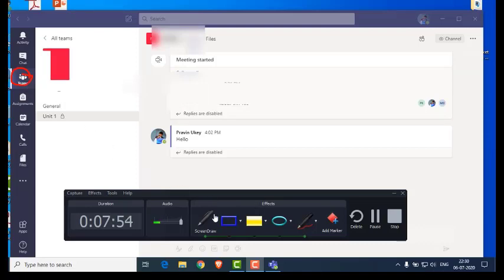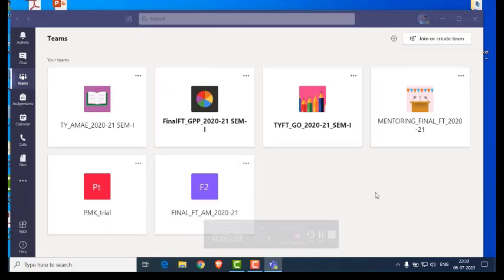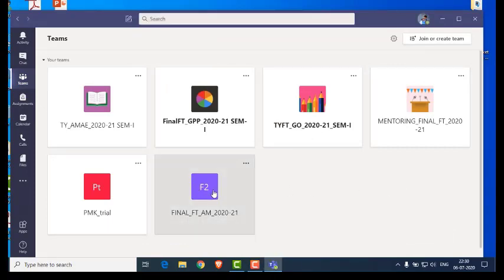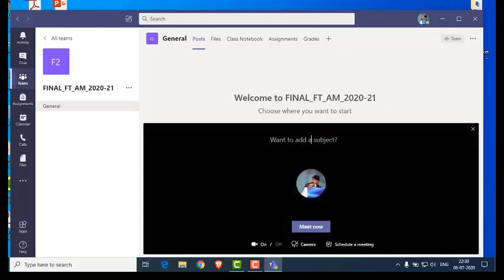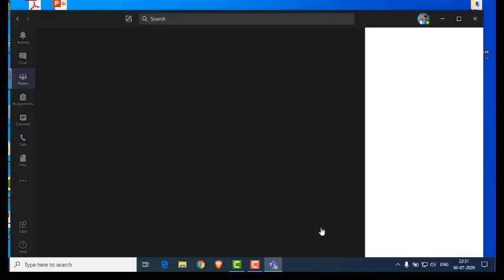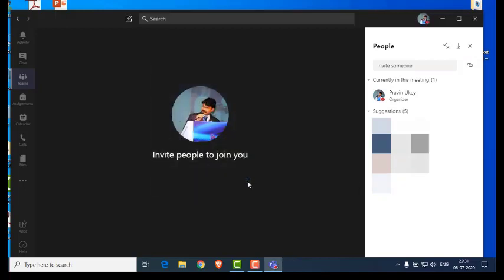Now with the team option, if I click here, it will show all my teams. Whatever work we are doing is particularly with this team which we have created, right? Now when it comes to the meet now, for example, if I want to start the meet right now, with meet now you will find I can directly start the meet at any point of time. I need not schedule that. What will happen if I schedule this, we are going to see.